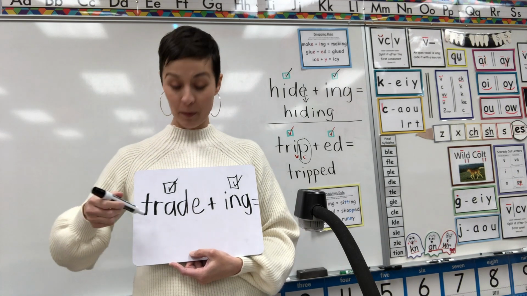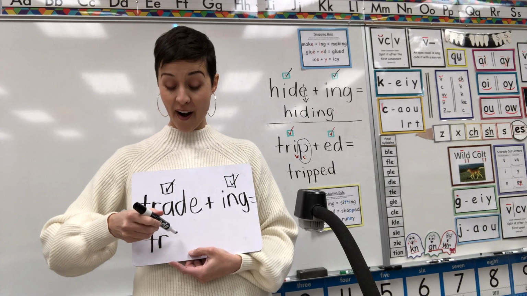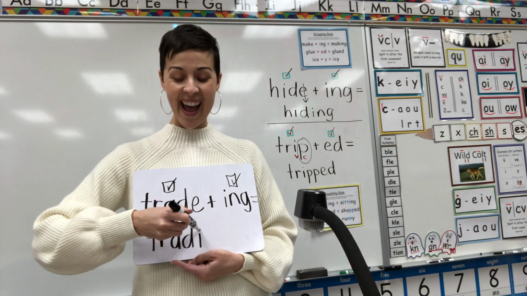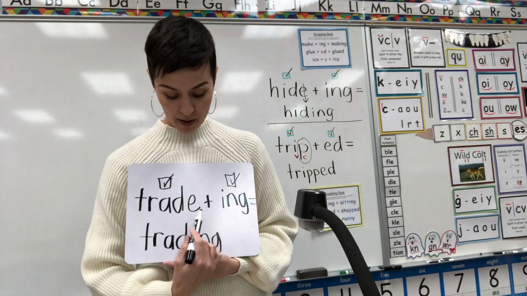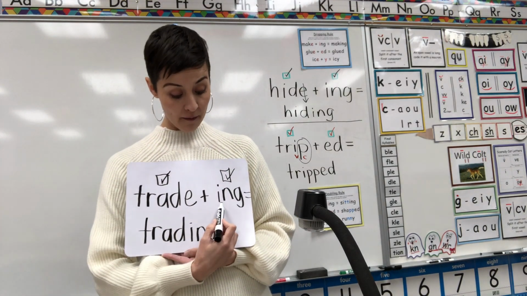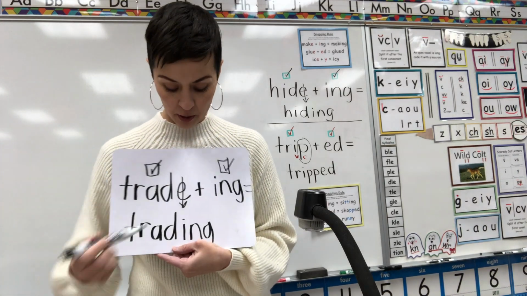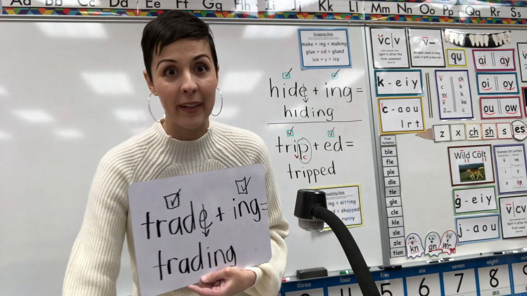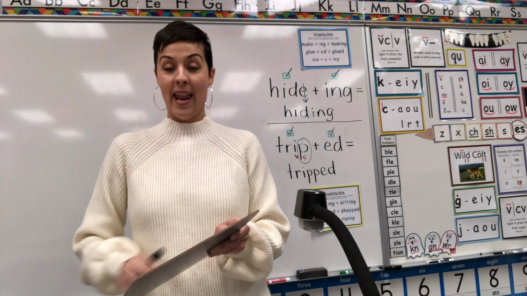Okay, let's check it. Will you spell trading for me? Tell me how you did it. Ready? T-R-A-D-I-N-G. Nice job if you remembered to drop the E. Do you remember our chant? If an E comes in front of a vowel suffix, you drop it, you drop it. And sometimes first graders even like to draw the little arrow through the E to show we're gonna drop it, we're gonna get rid of it. Erase, erase. Next word,